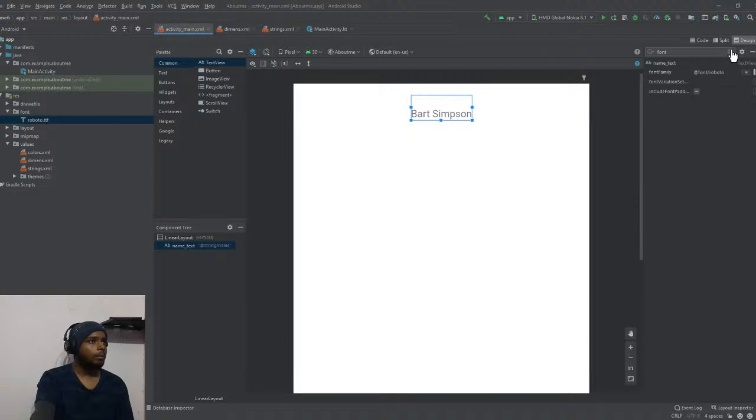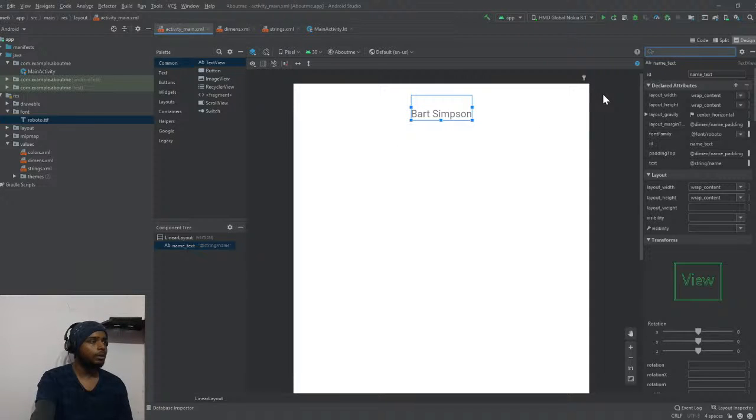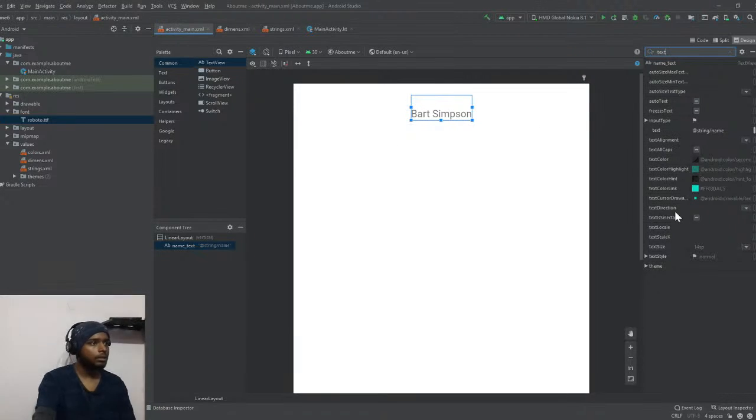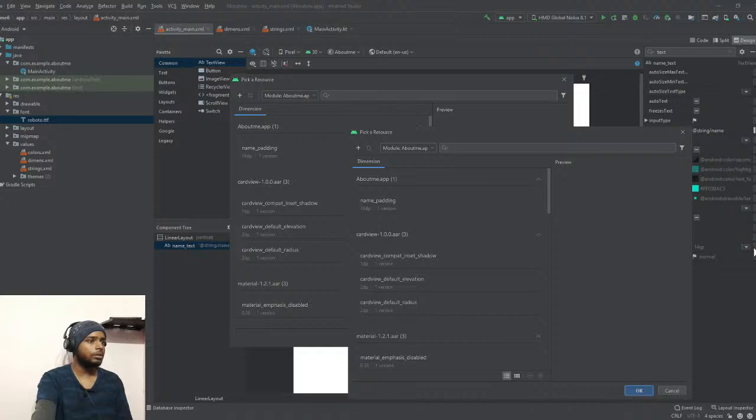Now let's change the text size of our text view. Search for text size. Cool. So there is this attribute text size. Click on this drop down menu again, and let's set it to 20 sp. Again, since this is a dimension value, instead of just putting the value, we'll again create a resource and then use it in our text size attribute. So just again click on this oval shape button, click on plus dimension value. Let's name it name size, and set its value to 20 sp. Click OK,